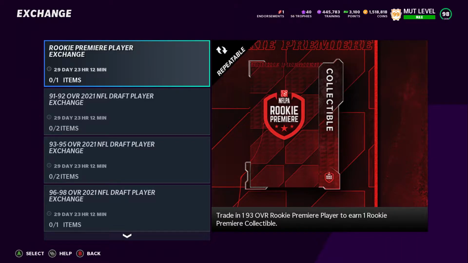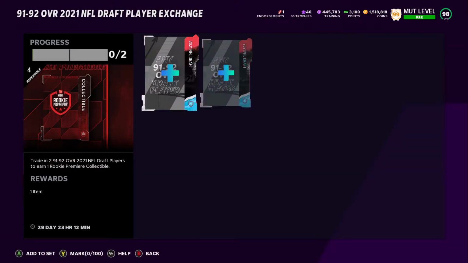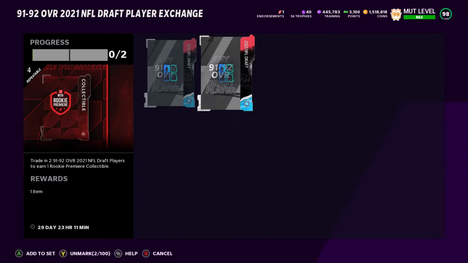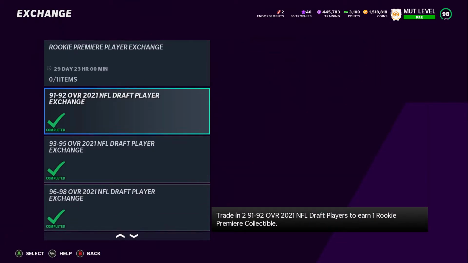We need 100 to complete all the sets. So we're going to start doing that right now, and I'll cut this part out so you don't have to see it, and I'll be back with you soon. All right, so as you can see here, we've completed every one of these exchange sets as many times as we possibly can,